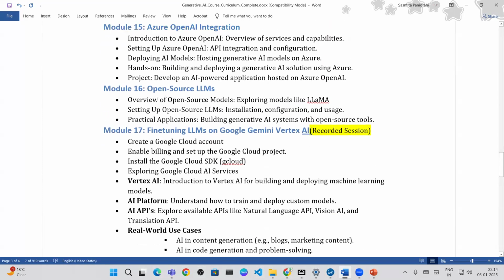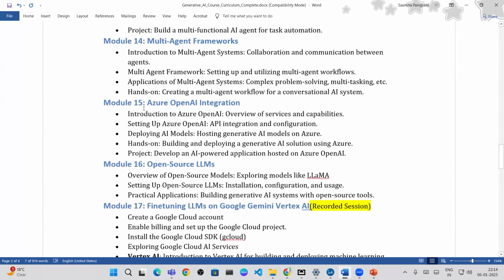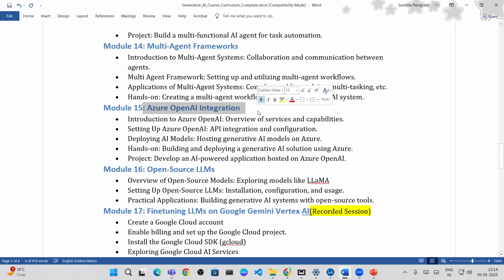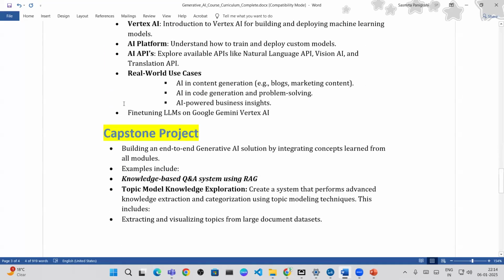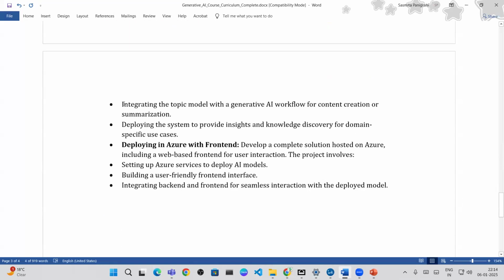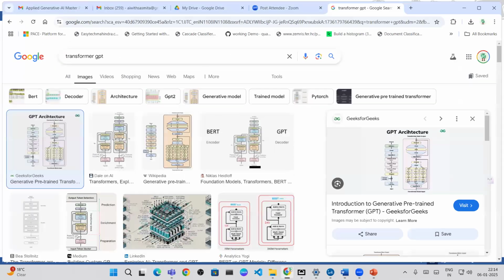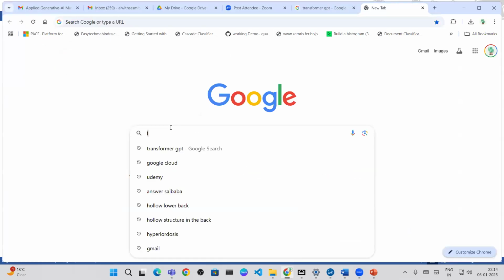I'll share that. But in this course, we will learn about Azure OpenAI, completely Azure OpenAI. And then once we have learned everything, we will do one project. In the project, as I said, this project I am doing, if you want to see the project,